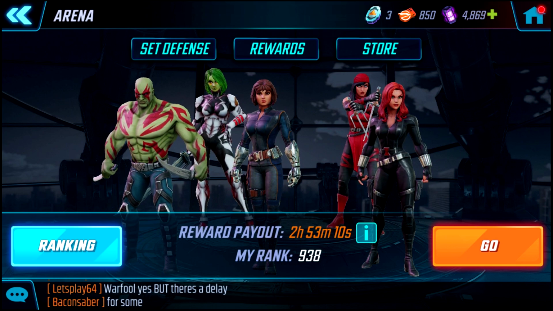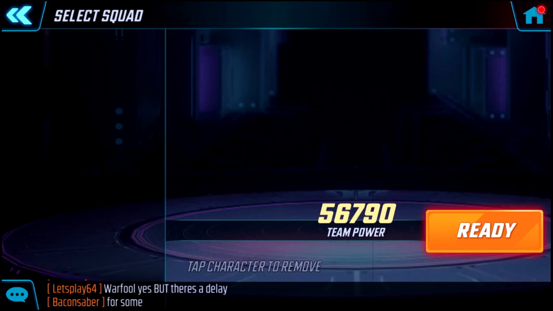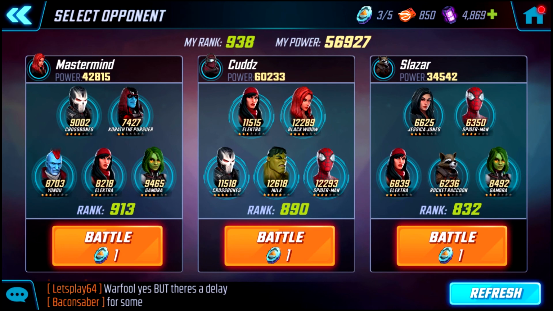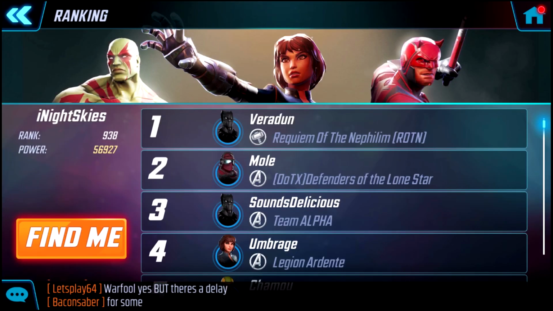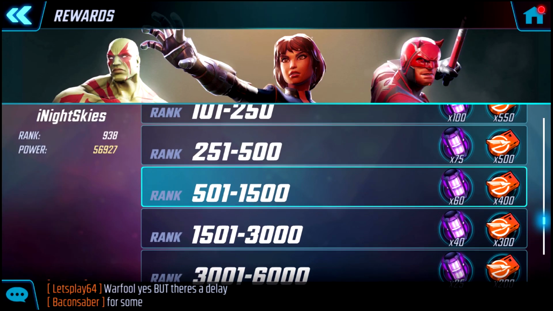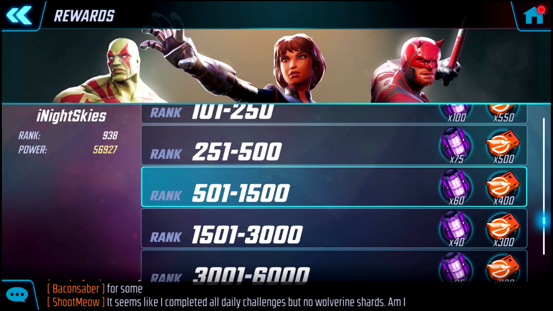The arena. So here's where you get some character shards, kind of for free. You set a defense team. That's my team for now. You go in, you battle depending on your rank. At the end of the day, or whenever it resets, the reward payout, you'll get a certain amount of rewards. Depending on your rank, you'll get some power cores, as well as some of these arena credits,